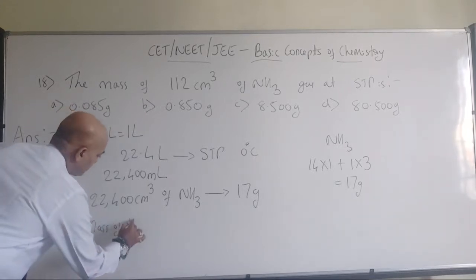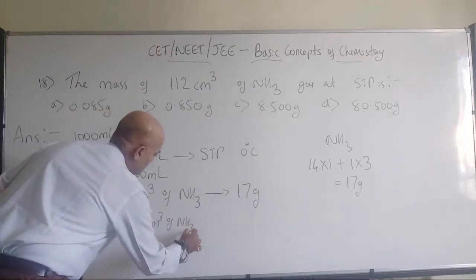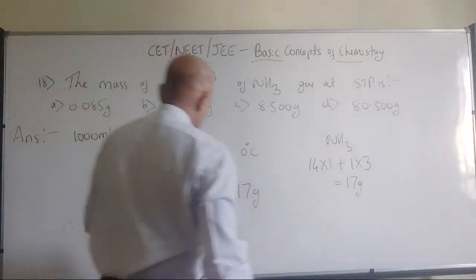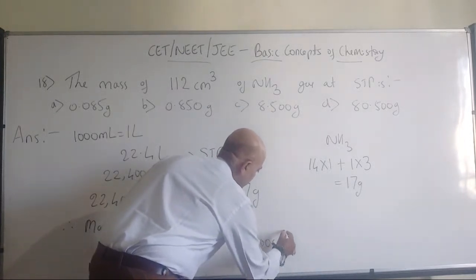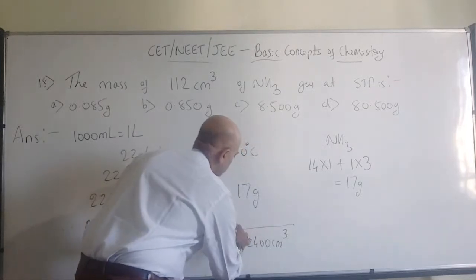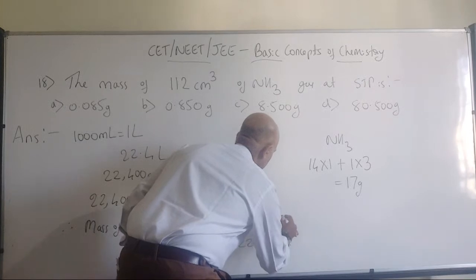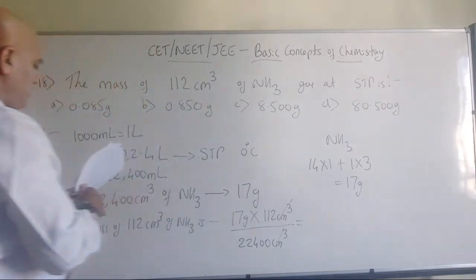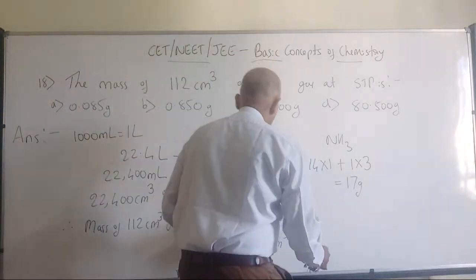Therefore, the mass of 112 centimeter cube of ammonia is, okay, now we can easily find it out. So for 22,400 centimeter cube, it corresponds to 17 gram. How much will be for 112 centimeter cube? Centimeter cube will get cancelled, so the answer will be in terms of grams. So if I am right, it will be